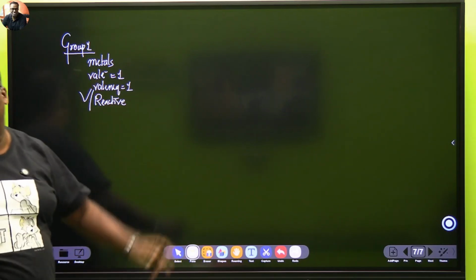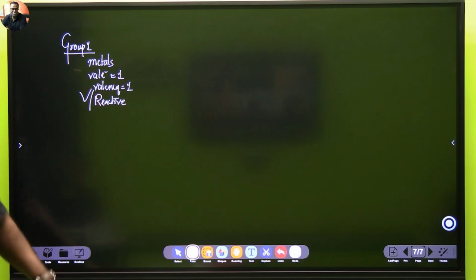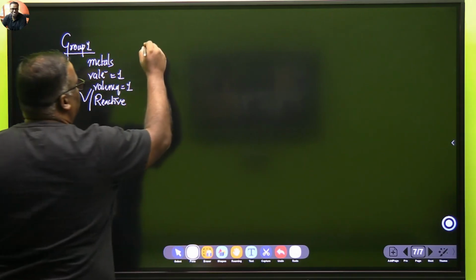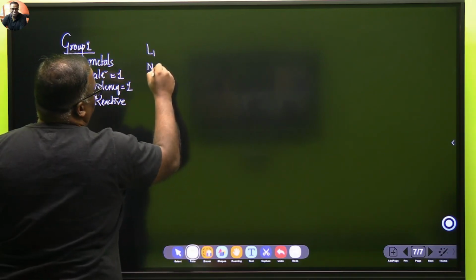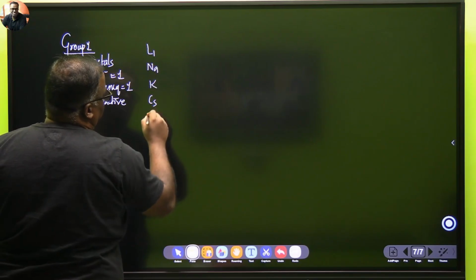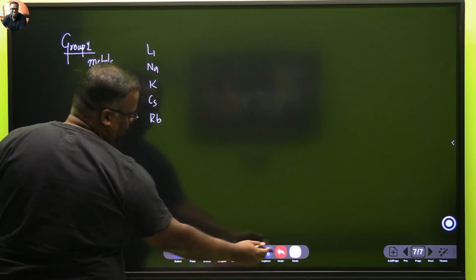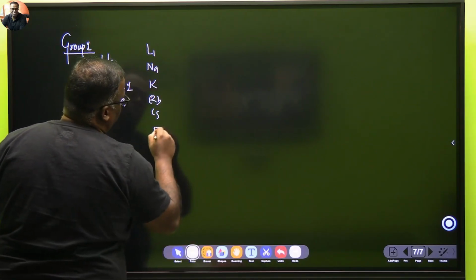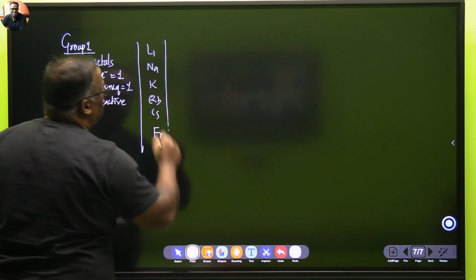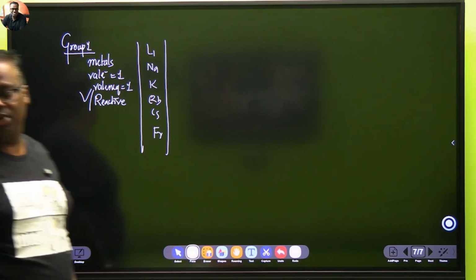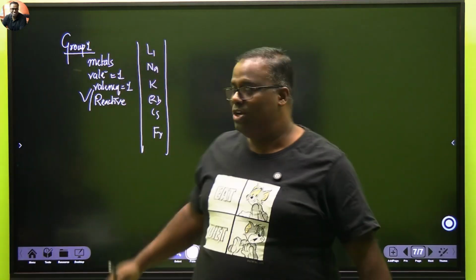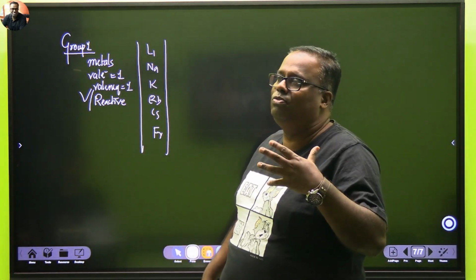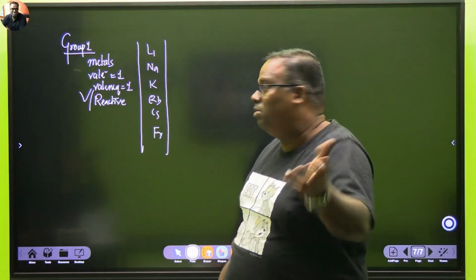Very reactive because valency is 1. 1 means it will finish quickly, it is totally desperate. But sir, let's look at the group now. Lithium, sodium, potassium, rubidium, cesium, francium. Now, sir, amongst them, what can you say about reactivity? Have you understood? Group 1 is very reactive. When I say that word, I'm actually talking about it from the perspective of group 1 versus group 2. But between them,